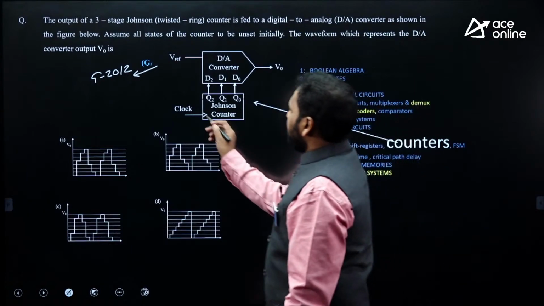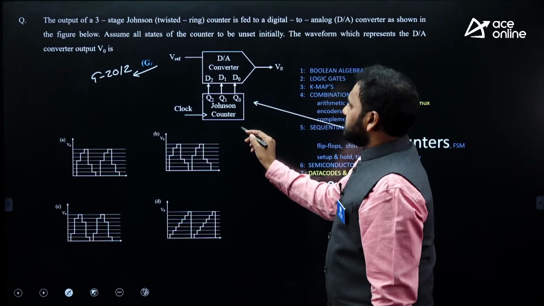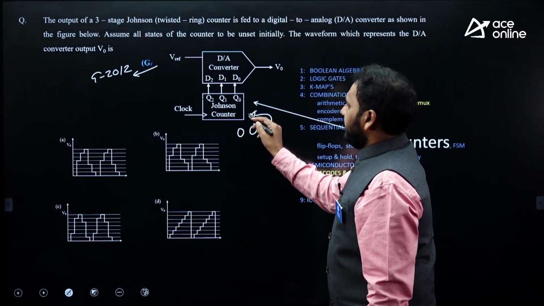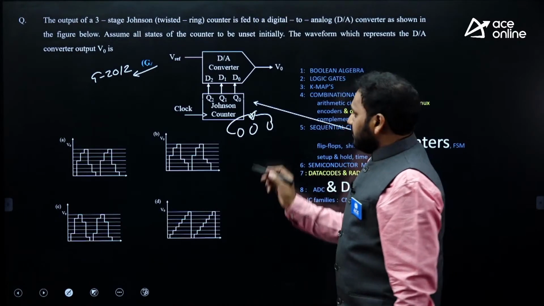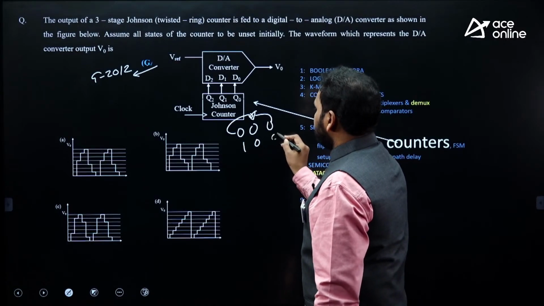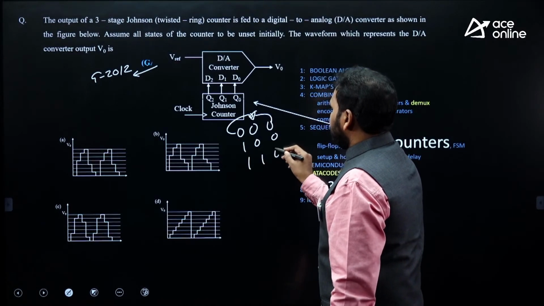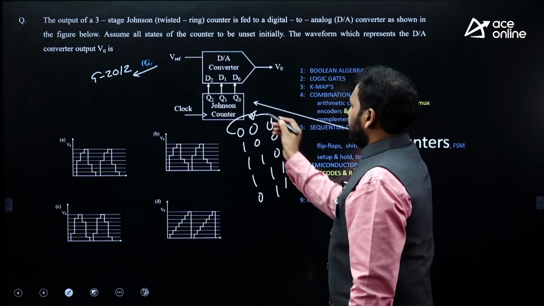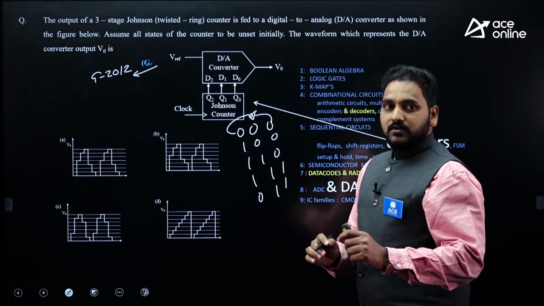And this is a Johnson counter. What is the output? Johnson counter. What is the shortcut? You should take one NOT gate here and write the sequence totally: 0, 0 bar, 1, 0, 0, 0 bar, 1, 1, 0, 0 bar, 1, 1, 1, 0, 1, 1, right? Shift and complement. But if you,